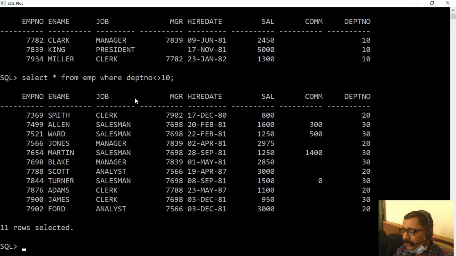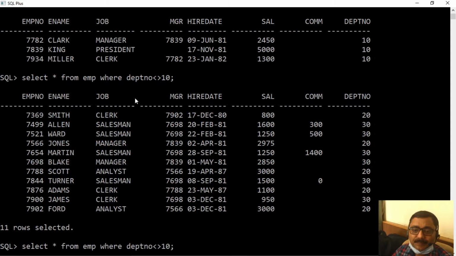Suppose I have a query like display department wise minimum salary except department number 10, which means I need to exclude department number 10.